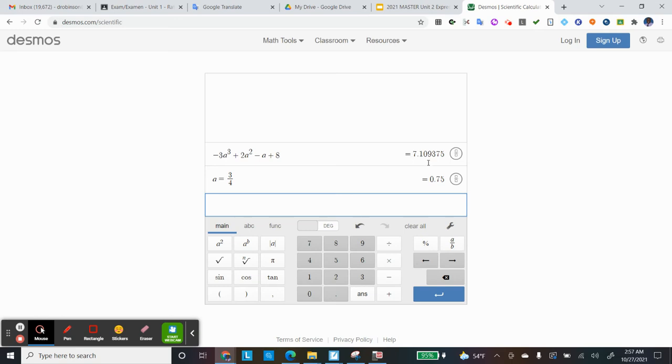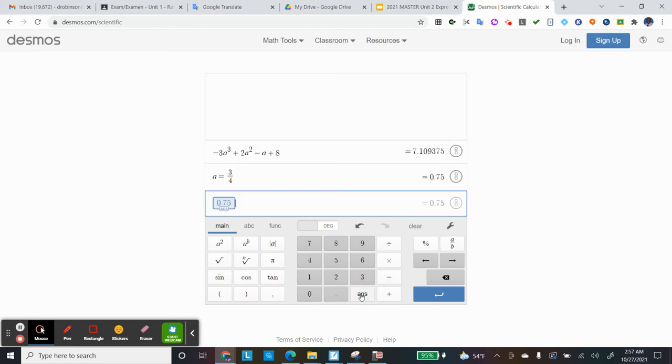7.109375, and I can turn it into a fraction. And 455 over 64 is also okay. Or if I don't like the fraction and I want to go to a mixed number, if you remember what I said, I'll take my answer, let me clear that, which was